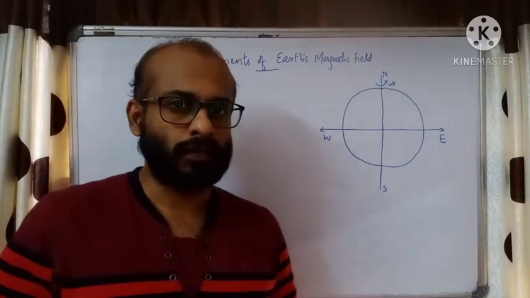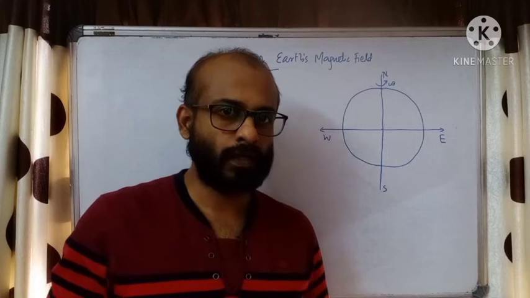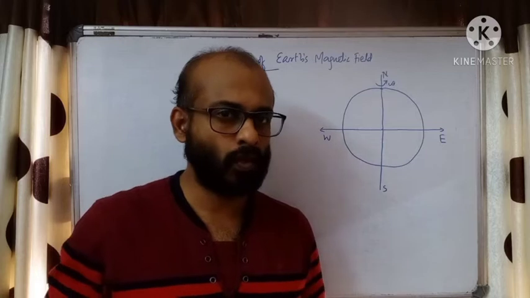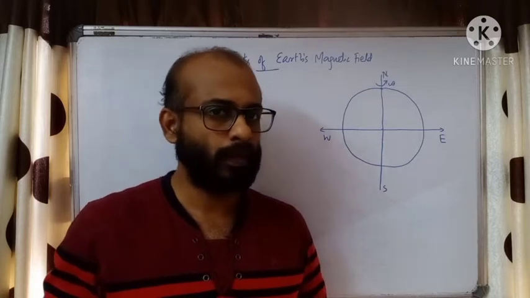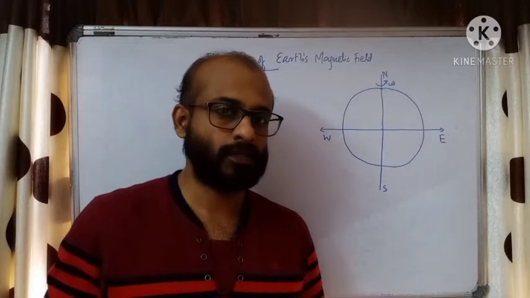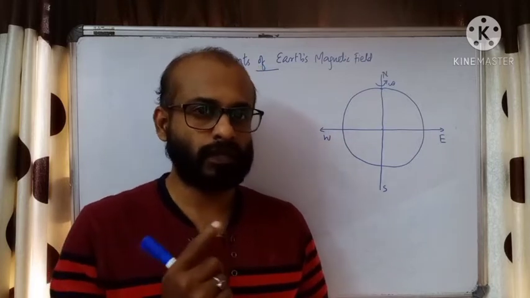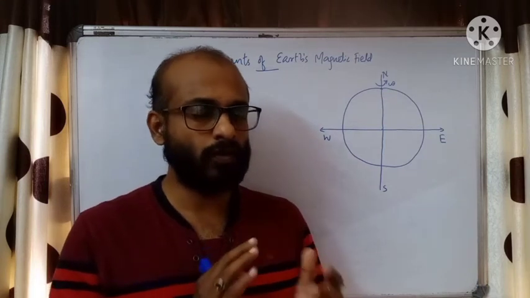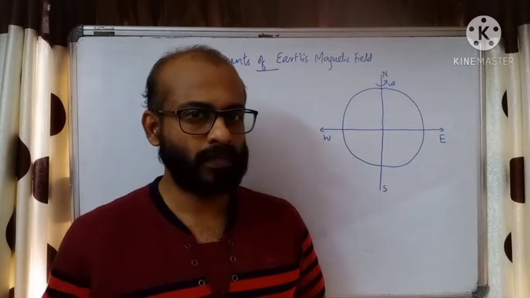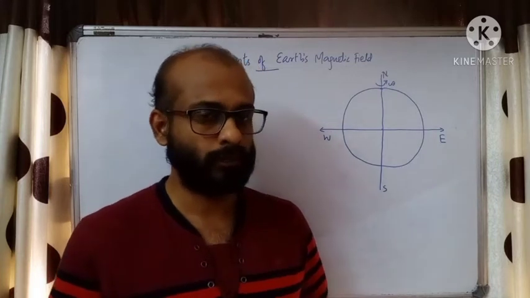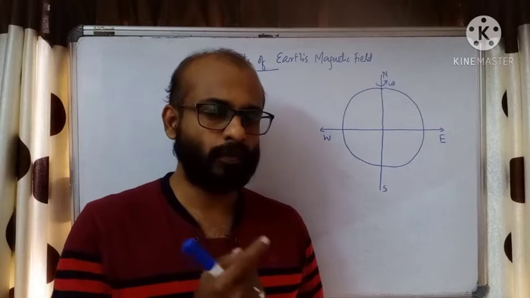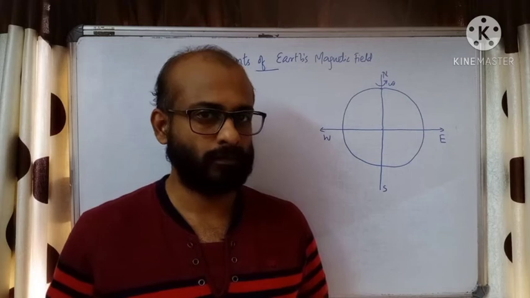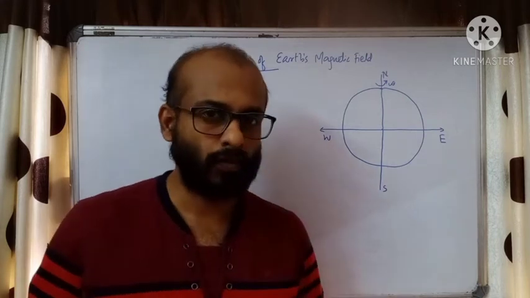Now, in the core of the Earth there are iron particles. There is a rich deposit of iron inside the core. But inside the core, the iron will be in a molten state, so we can say it will be ionized. So when Earth is revolving, these ions also will revolve. Due to the revolution of the ions, along with the rotation of the Earth, it behaves as a current loop. So this current loop can produce a magnetic field. We can say Earth has got some magnetic field. We are going to see the details of the magnetic field of Earth.